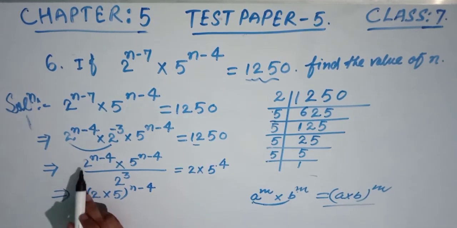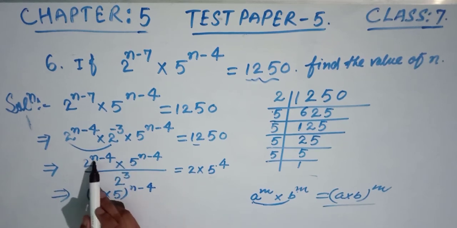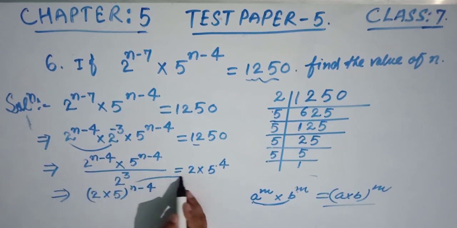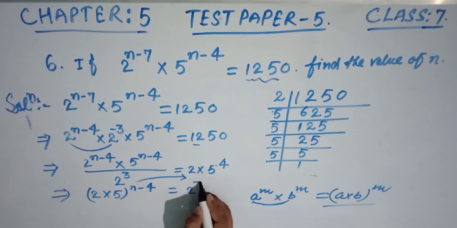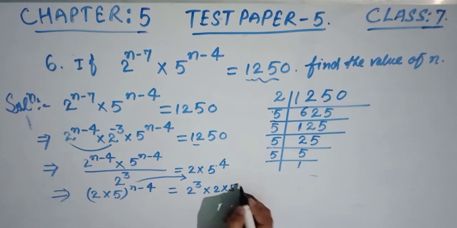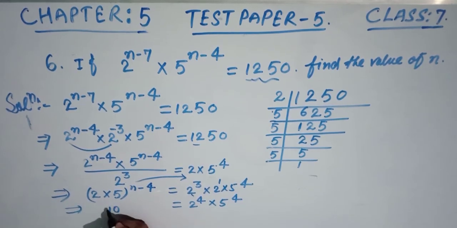Okay, so here the 2 and 5 are different bases, multiply their bases and put the single exponent power, and after cross multiplication friends, this will multiply here, so this will get 2 raised to the power 3 after cross multiplication, and write 2 multiplied by 5 raised to the power 4 friends. Remember friends, here 2 raised to the power 1. So bases are same. Write the single base, friends, and add their powers. 3 plus 1, 4. This is 5 raised to the power 4 as it is. Now this is 10 raised to the power n minus 4.